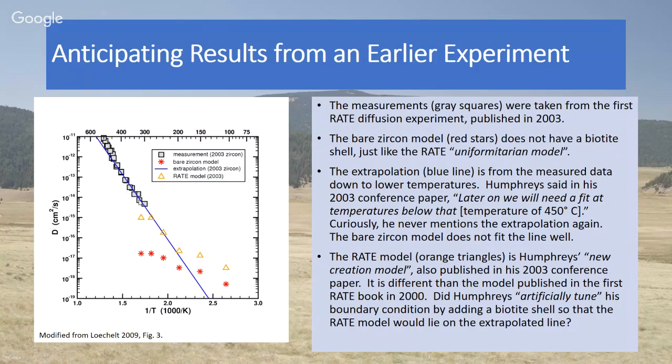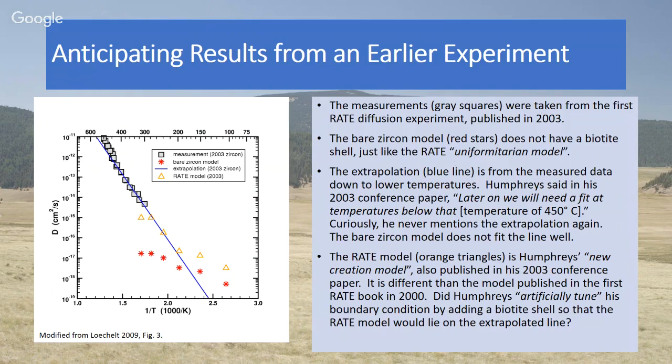He had preliminary diffusion data. So this was known in 2003. And he knew by this time that biotite had a higher diffusivity than zircon. So had he created a bare zircon model, the red stars, just like he did for the RATE uniformitarian model,